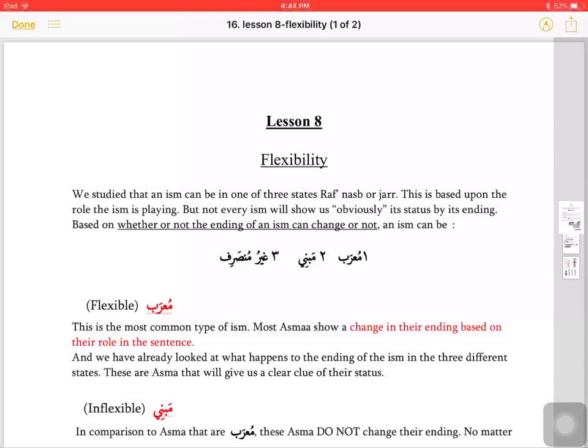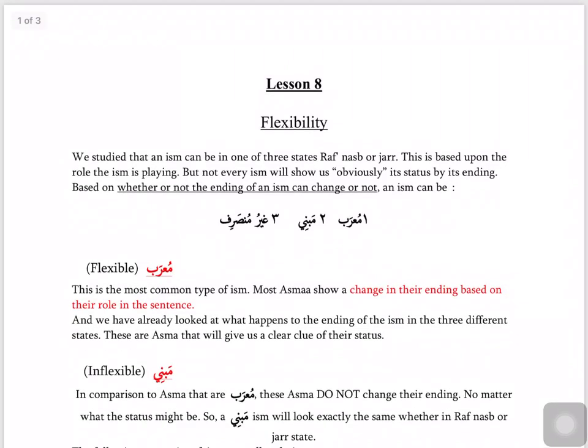Up till now in grammar we have been talking about the properties of ism, and we said ism is one of the types of words in Arabic. The others are fi'l and harf. About the properties, we said that ism has 4 properties. Every ism has a gender. It's either muzakkar or mu'annath. By default, we will consider an ism muzakkar. If it falls into one of the 6 categories that makes it mu'annath, only then we will say it is mu'annath.